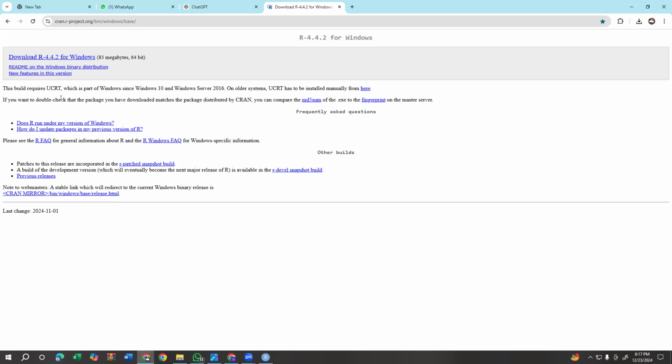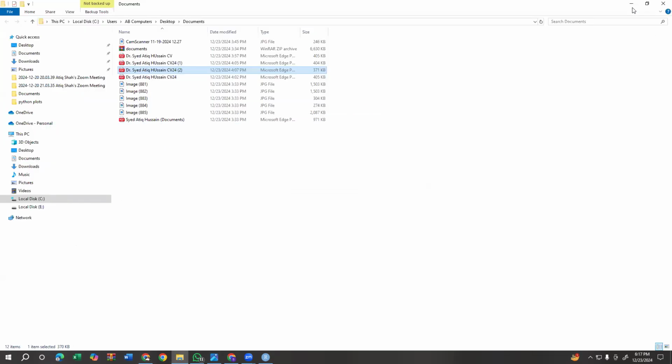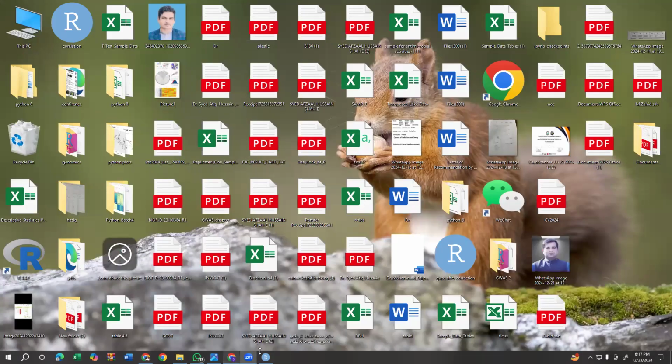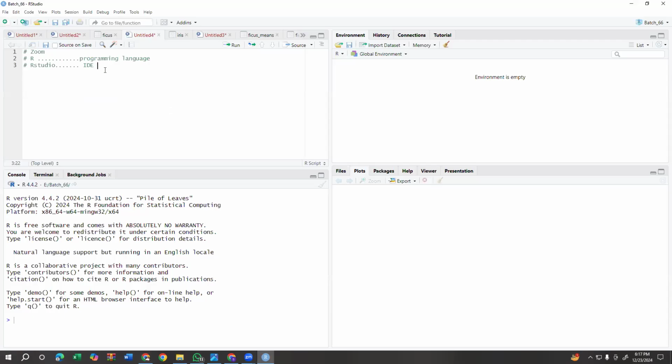Okay, now I have done one tool. I have installed one tool, that is R, successfully. Now I need another tool named RStudio. So I have installed R. Now I want to install RStudio. So first we need to download and then we install. So for installation, click on